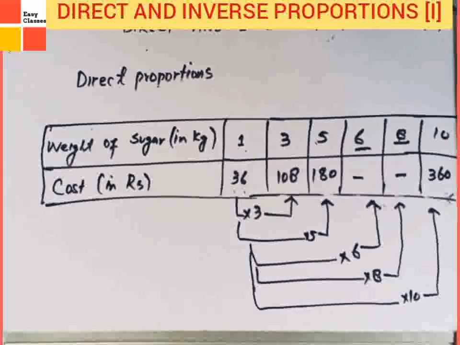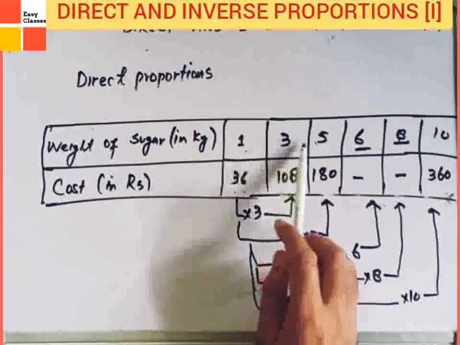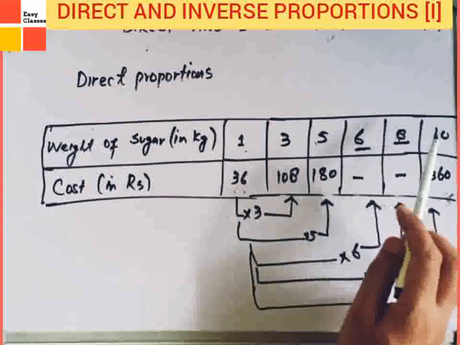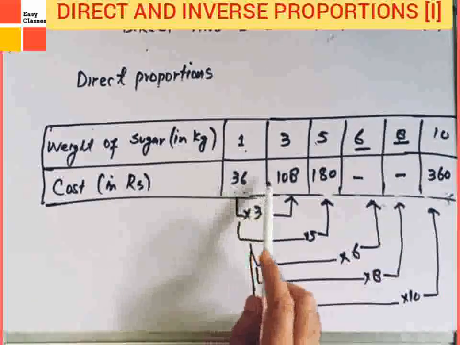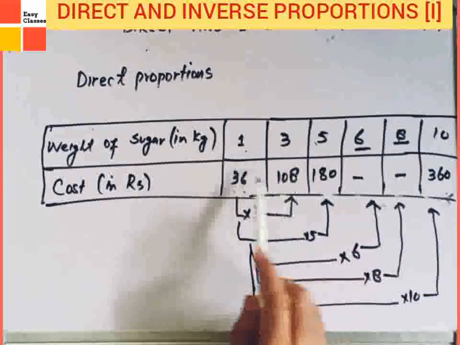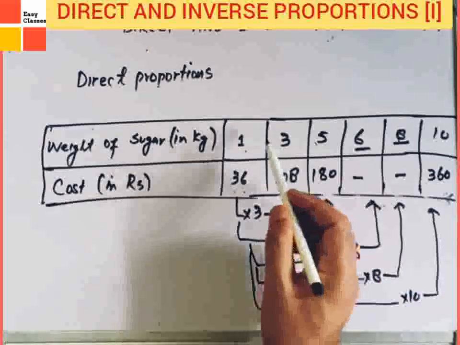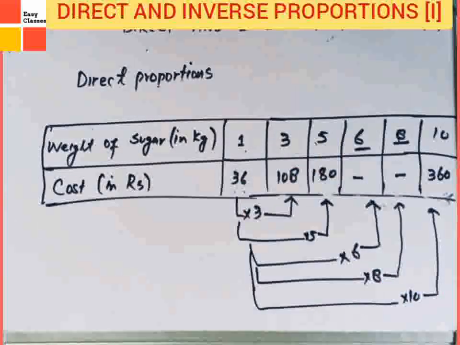Okay, there is an important thing that we need to understand. Observe, when the weight increases, cost also increases, right? When the weight increases, cost also increases. Okay, but if you can see that the ratio remains constant. What does that mean, ratio remains constant? See, for example,